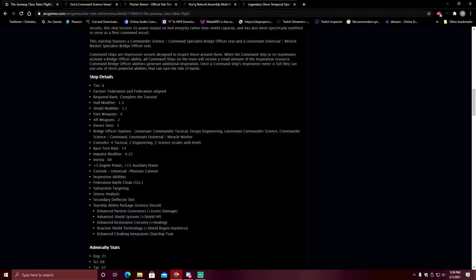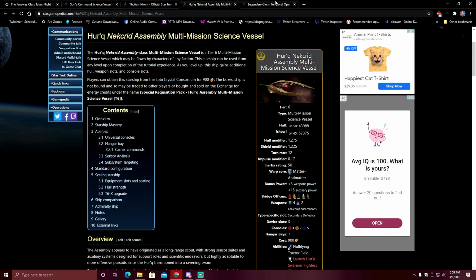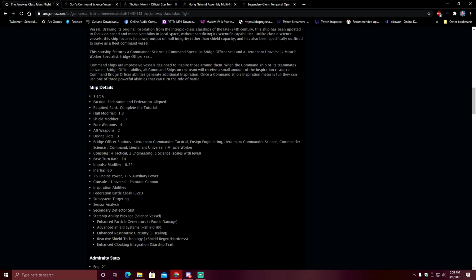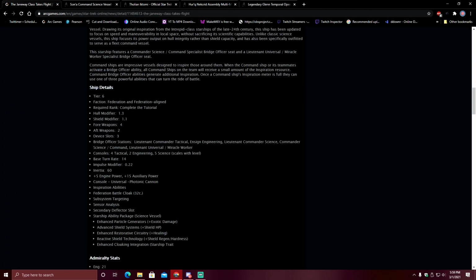So, to summarize in detail, personally, any of these 4 choices would work. I'd personally choose Necrid or the Glen if I'm going for a substitution for this. The Sona Command and the Tomi are good. They just don't have the 4-2 setup. Those are the 4 ships I found most comparable to the Janeway class here that's coming in the promo ship